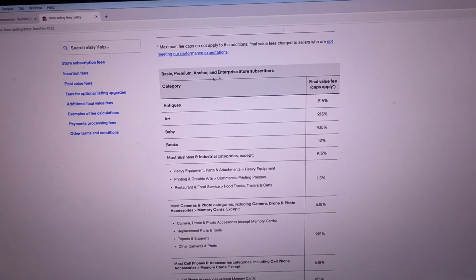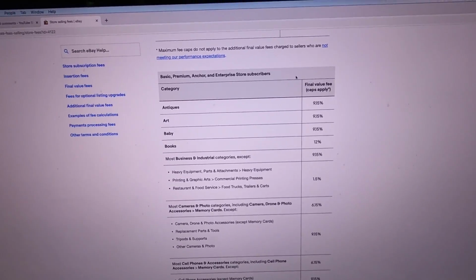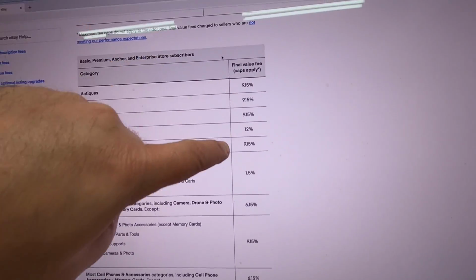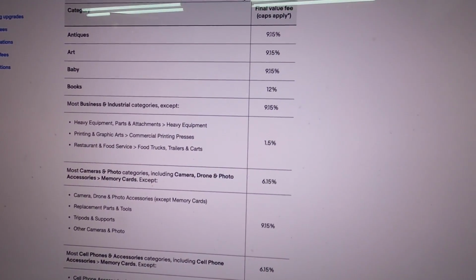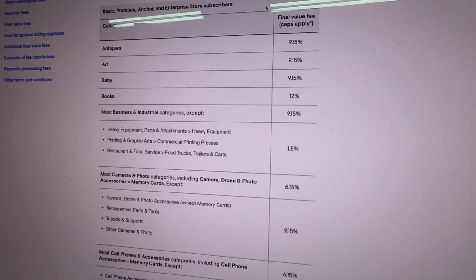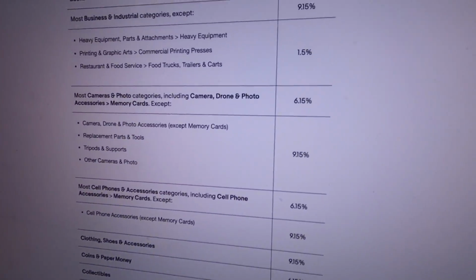But here are most of the final value fees for most things: 9.15% instead of 10%. So you save almost 1%. So if you sell something that is $100 by having a store, you'll save 85 cents versus not having a store, just on the final value fee. There are some